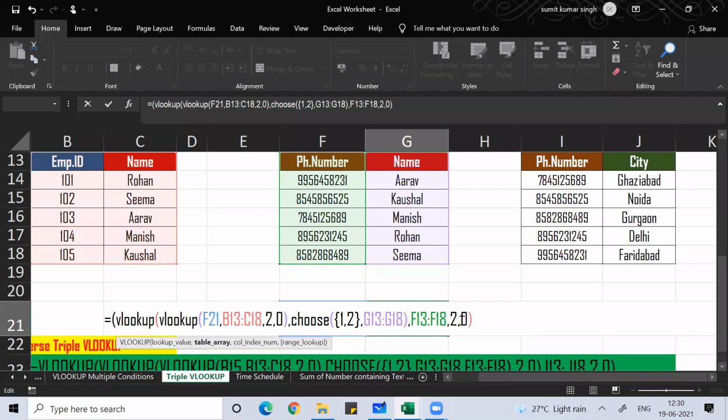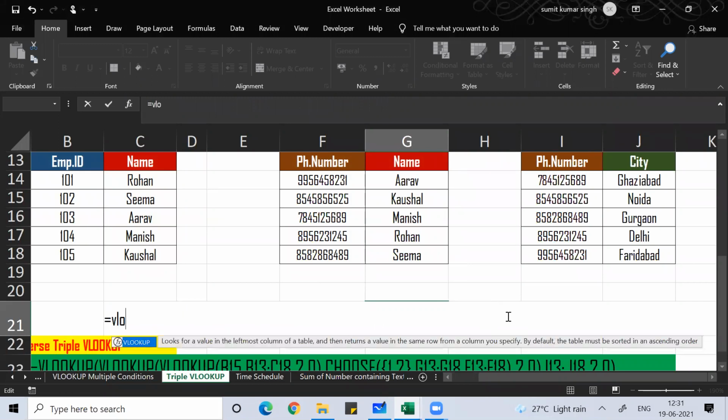Then we look up, one minute, this lookup which I started. Let me do it again.